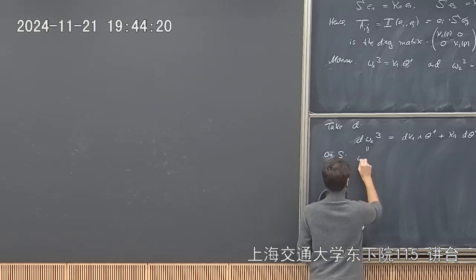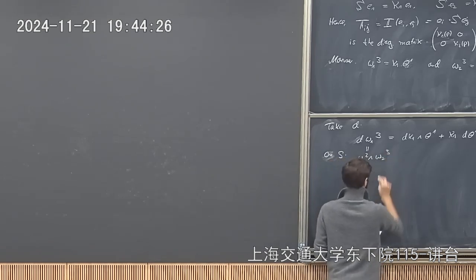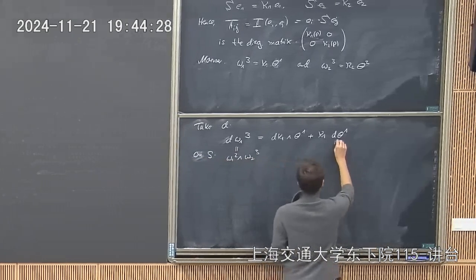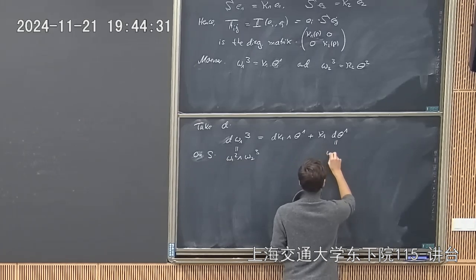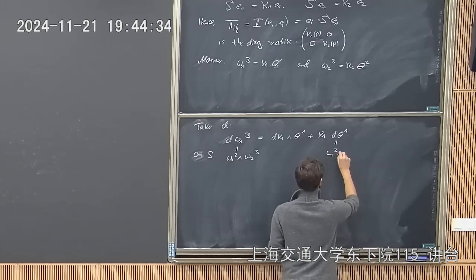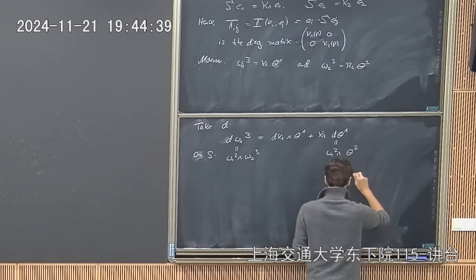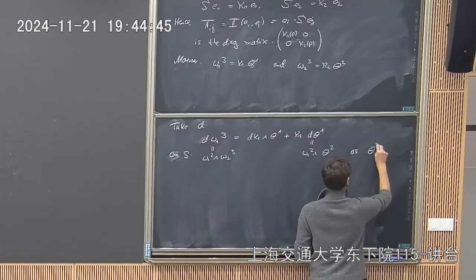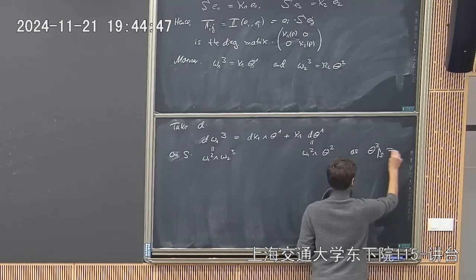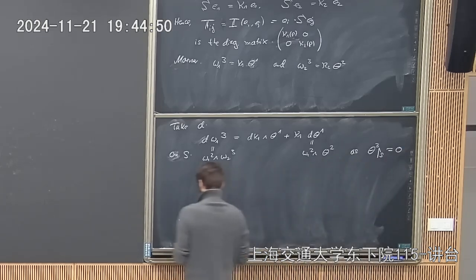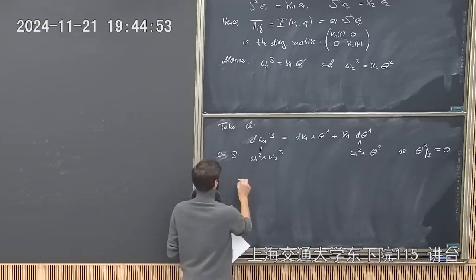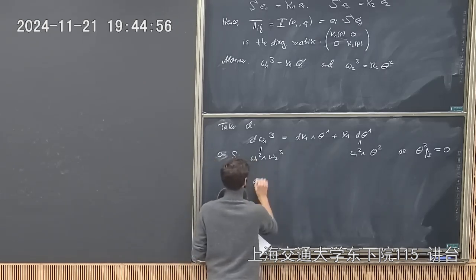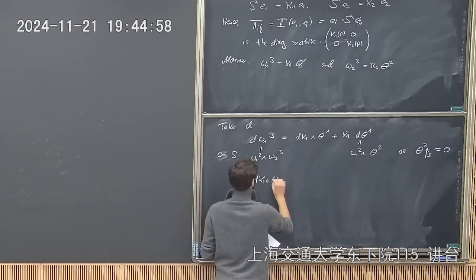We can write this one as omega 12 wedge omega 23. And similarly here, we can write it as omega 12 wedge theta 2, as if you have these ones and you restrict it to S, you get 0. So we can solve for this expression. So d kappa 1 wedge theta 1